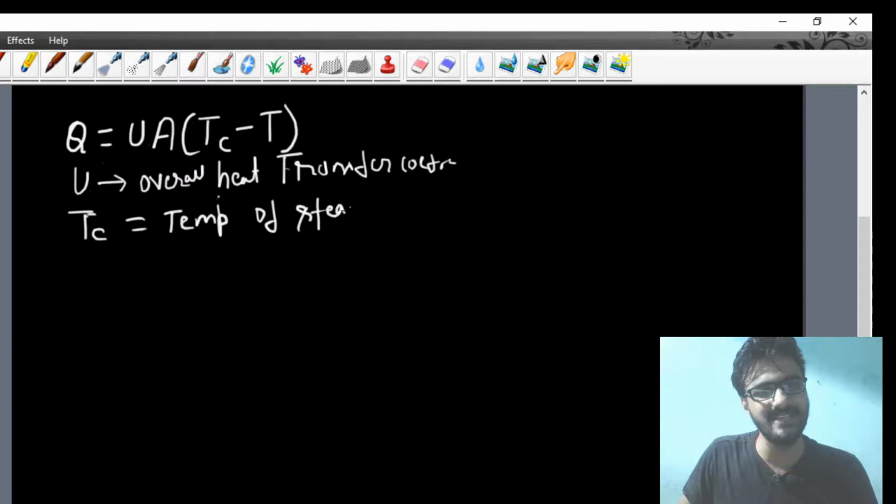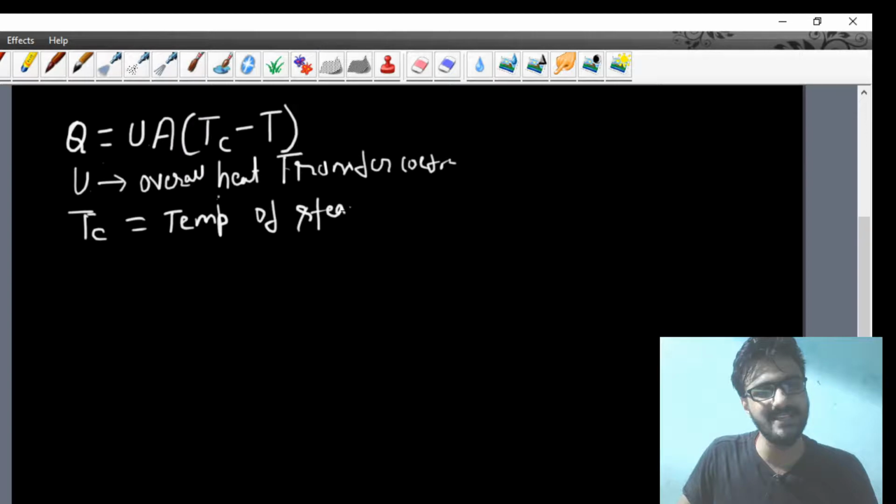If you have studied heat transfer, then definitely you will understand the significance of A, the significance of U, all these things. So you don't have to strain your mind so much. What I have told you here, W is shaft work. If nothing is given, then shaft work is zero. And if shaft work is given, then you have to assume it is always positive.